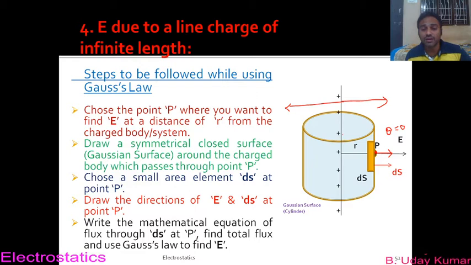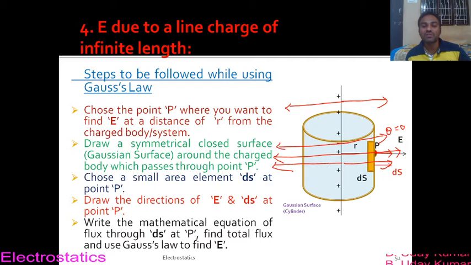Okay, but whatever Gaussian surface I have drawn here, we have to consider only the charge that is present inside this Gaussian surface. And hence now I am drawing the electric lines of force that are passing through this closed Gaussian surface. So please check it out like this. These are the electric lines of force that are coming out of this Gaussian surface.